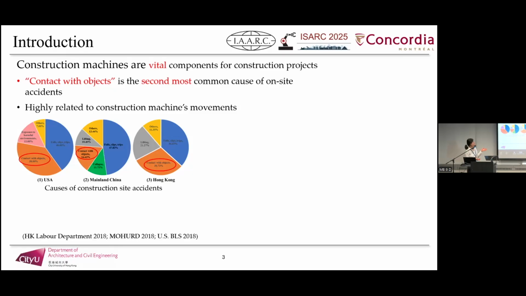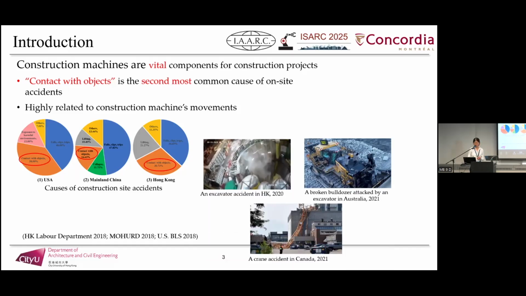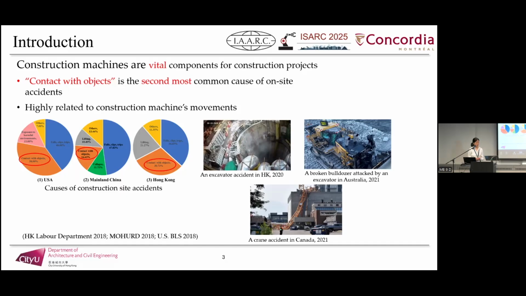If we look at the statistics about the different causes of incidents on construction sites, we can see that apart from falling from height, contact with objects is the major reason for construction accidents. And this is highly related to the movement of construction machines on site. There have been many different incidents related to the movement, wrong operation, and also the breakdown of construction machines